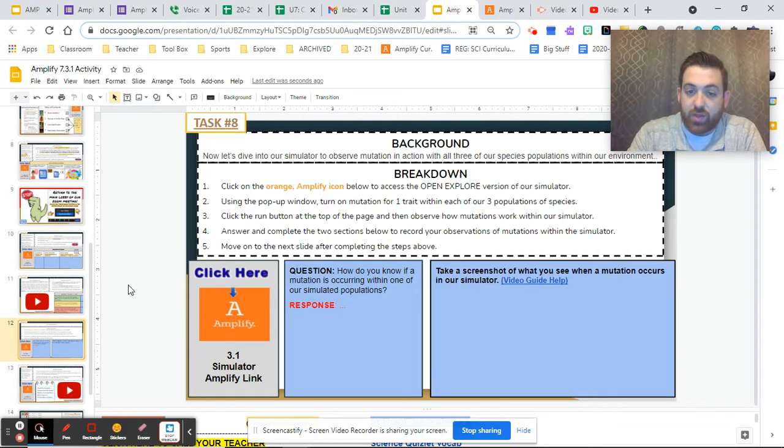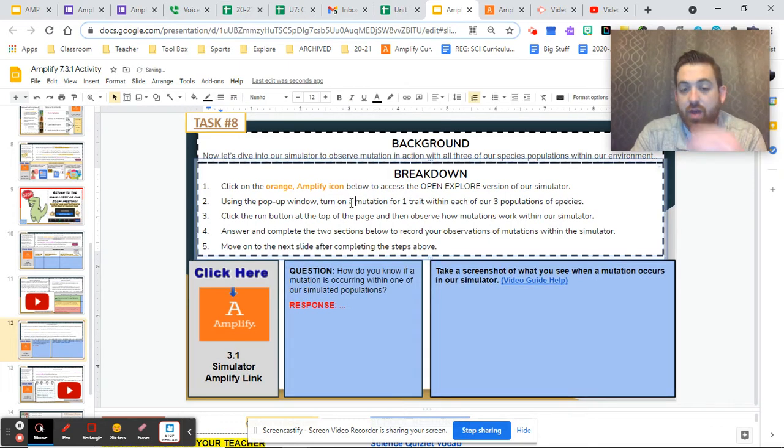Task 8, we're going to be opening up the Open Explorer version of our simulator, and we're going to use the pop-up window to turn on mutations for one trait within each of our three species. And to do that, we're going to show you how we do our toggles within our page. And then we're going to be clicking the run button at the top of the page